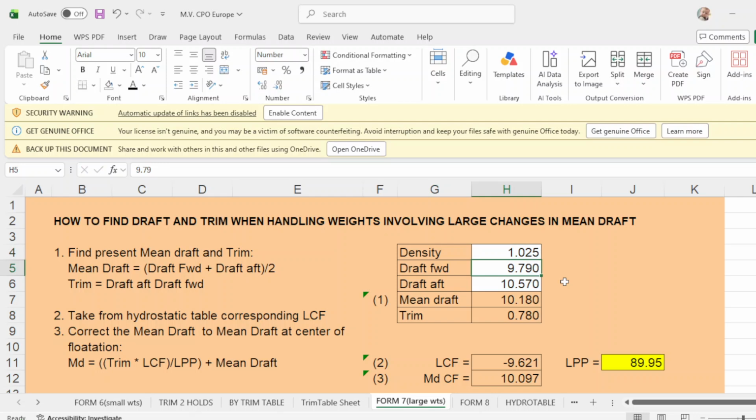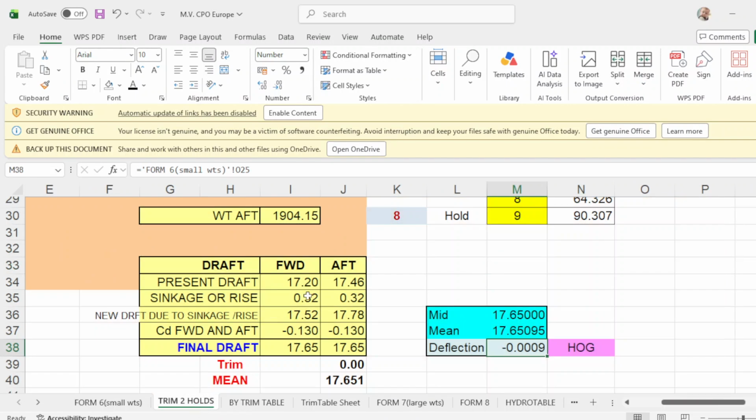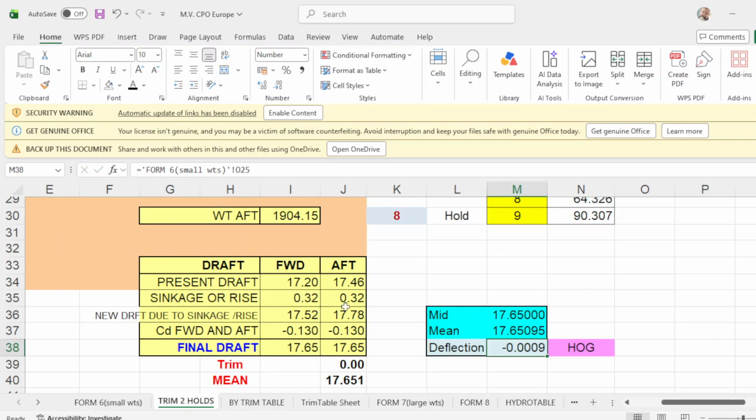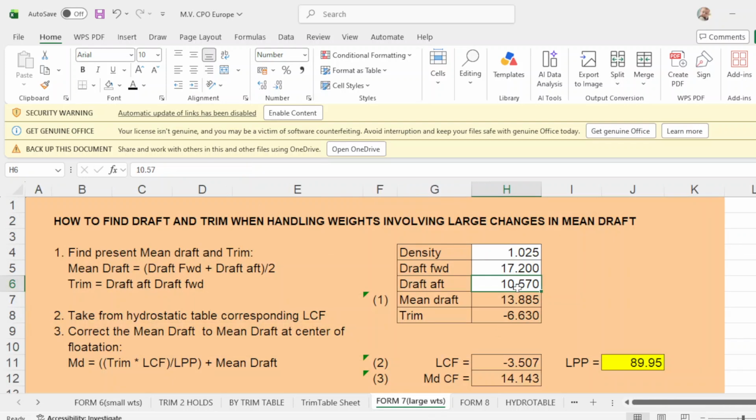Okay, and our initial drop forward was 17.20, and up drop is how much? 17.46. Sorry.